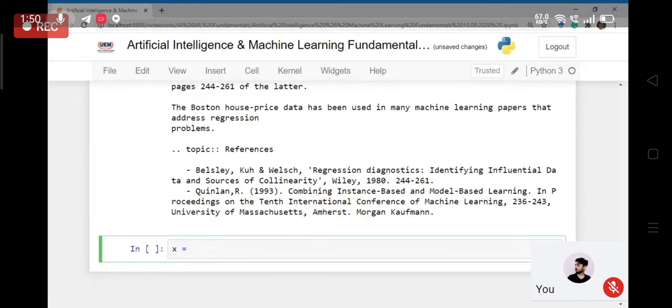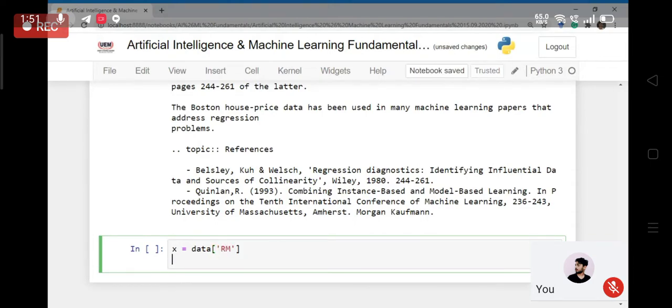The variables are now stored in this object data, and from data, if you want to select any column, you have to supply the column heading. So I am storing the independent variable in X and the target variable in Y.